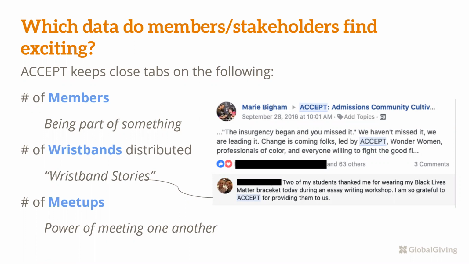The wristbands have been one of the most fascinating parts of our growth and what we do. I'm just tagging one of the lines here, one of those, let's say Black Lives Matter, or we have another one that says decolonize your mind. And it sparks conversation. It can spark criticism. It can certainly invite criticism